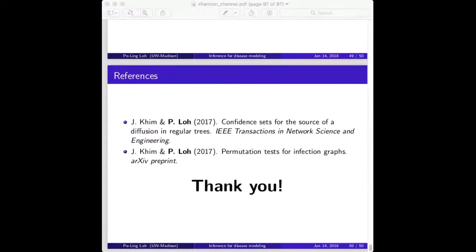Yeah, I have a quick question. In the first part, what I understood from what you presented is that your estimate of where the rumor or the infection started does not depend on how many infected nodes there are, right? Yeah, that's right. And so meaning if you have 10 million nodes or 10 nodes, it's the same? Yeah. So suppose I want to sample the red nodes to do the computation on them.